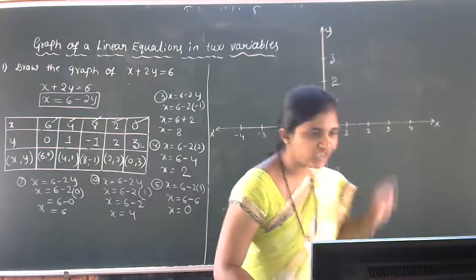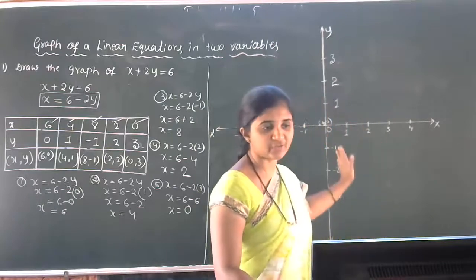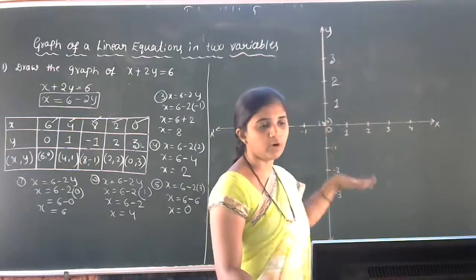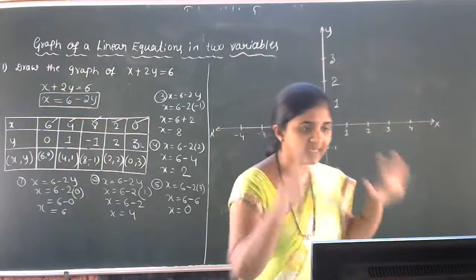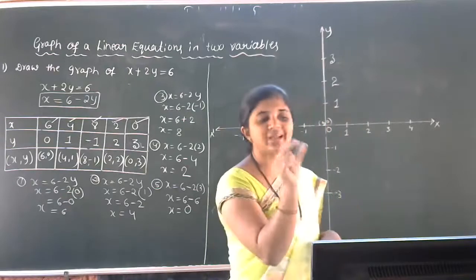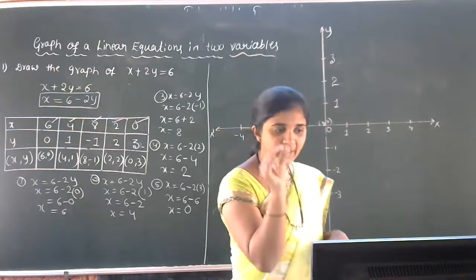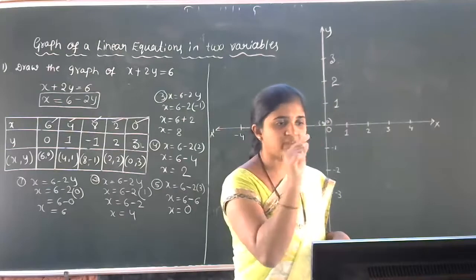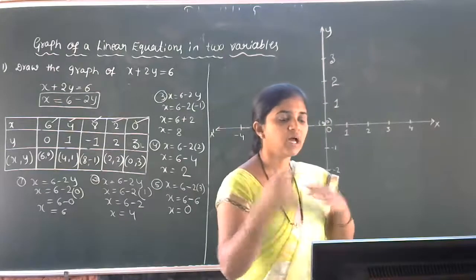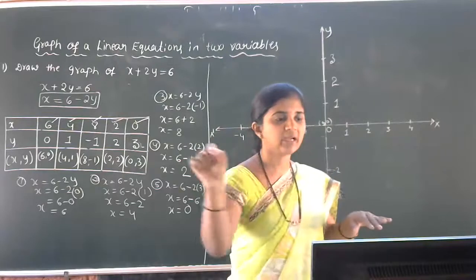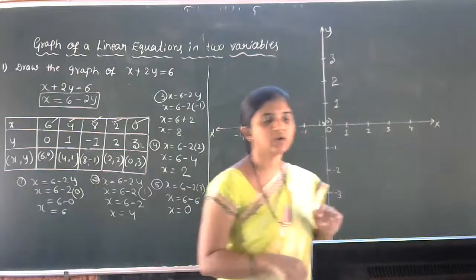Got the idea now? Here we do not actually have graph sheet. That's why on the board we marked this Cartesian plane. So you will get 1 centimeter squares, 1 centimeter distance lines and all allotted. You just have to put one line, a horizontal line and a vertical line.